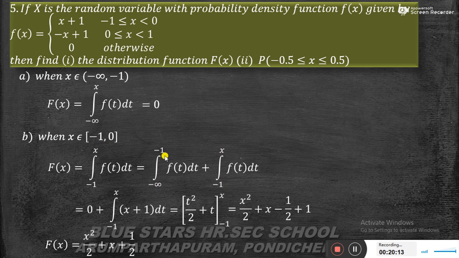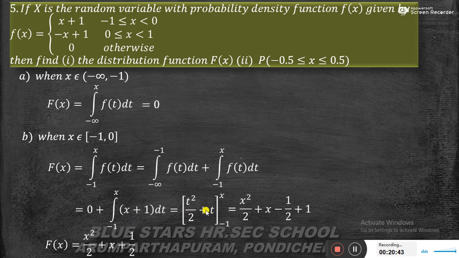So minus infinity to minus 1 is the otherwise limit, where f of t equals 0, so the integral of 0 is 0, plus the next integral from minus 1 to x of f of t. This is the first limit, so the function is t plus 1, I substitute the function t plus 1 dt, now I integrate, so integration of